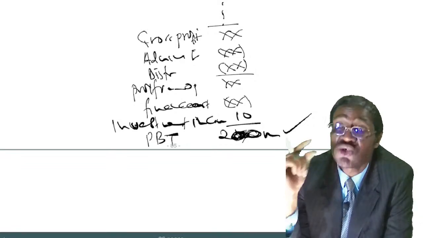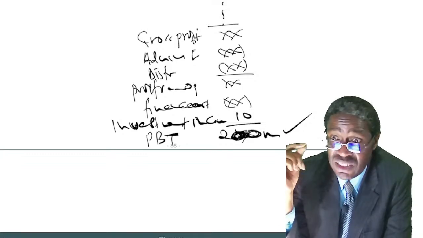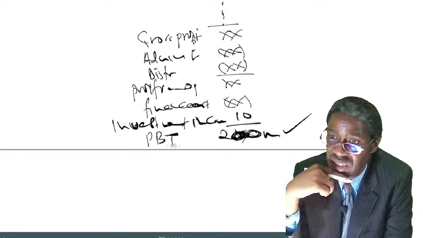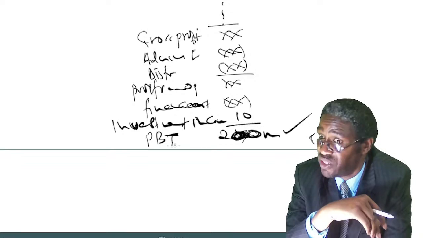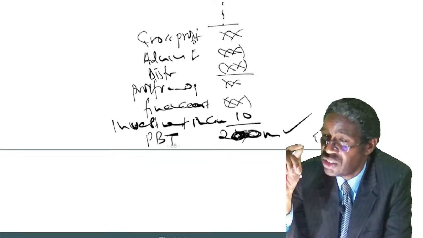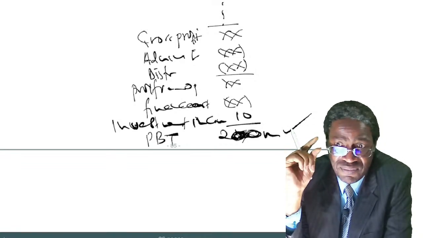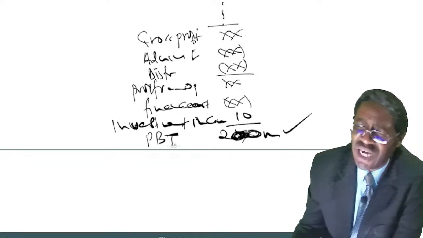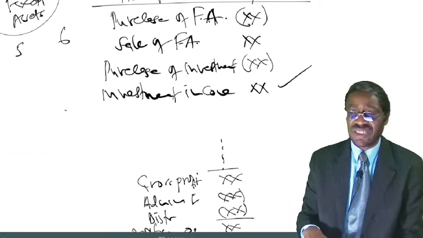Instead, it should be a financing activity. No, investment income should be an investing activity. Now, listen carefully. So, in case your question will have this kind of a P&L account, that 10 million,